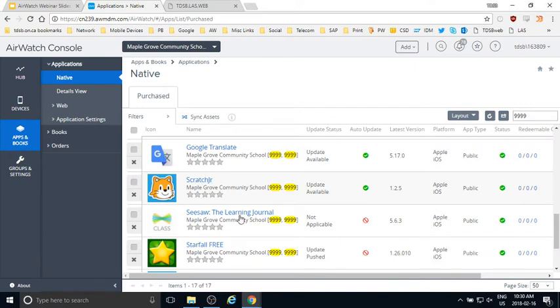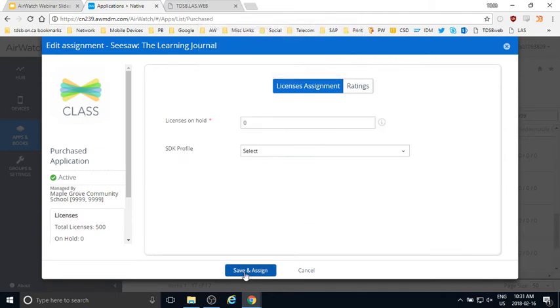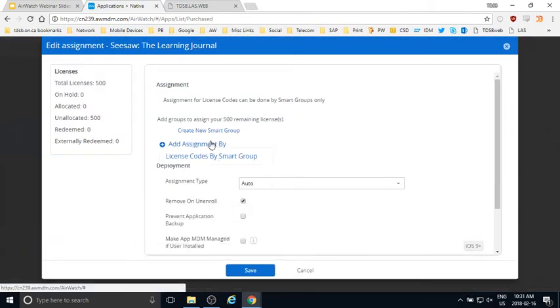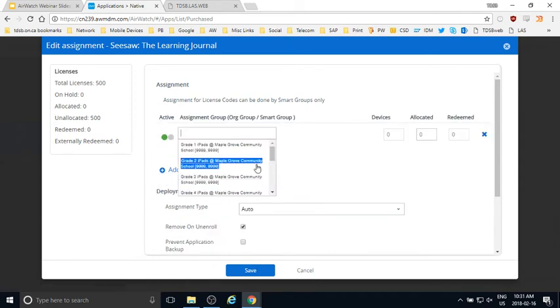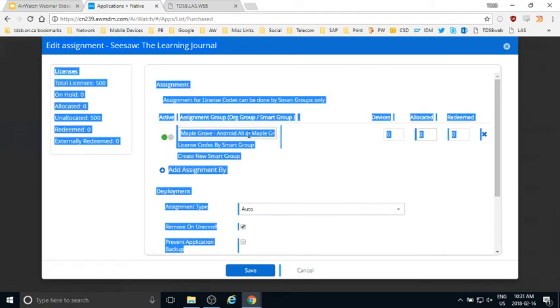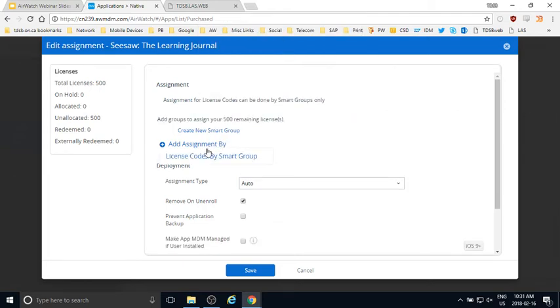I'm going to leave that one. Was I going to do Seesaw? Yeah, okay, I'll do Seesaw. So say I want Seesaw to appear on all my iPads. As you can see, I'm really quick at this now, so I probably make it look a little bit easier than it is. But all the teachers I've spoken with that have been using it for a while are pretty much the same speed as I am as far as getting these apps deployed here, if not faster.